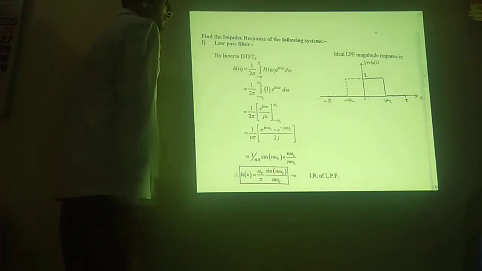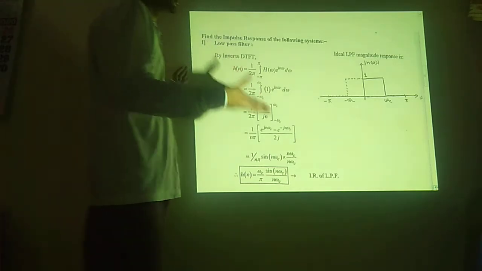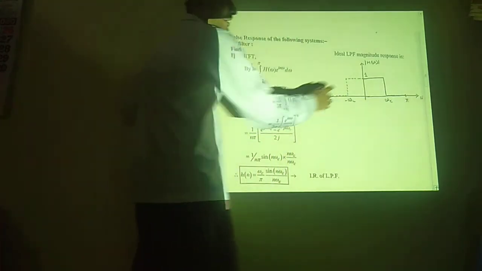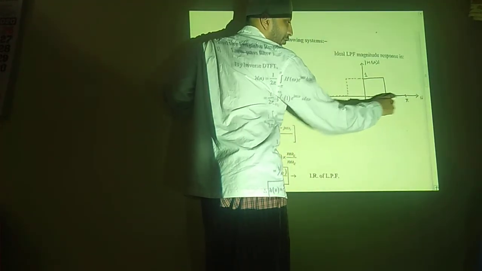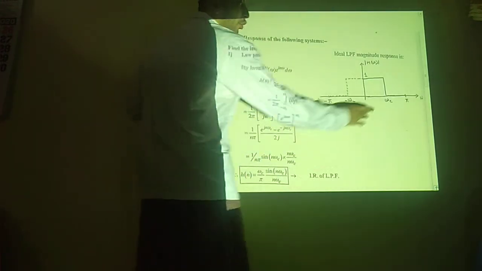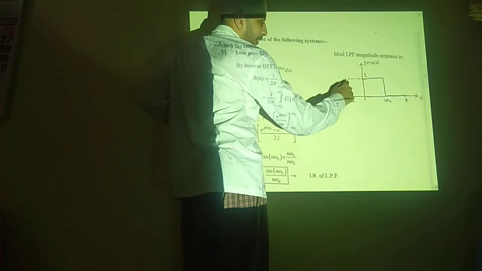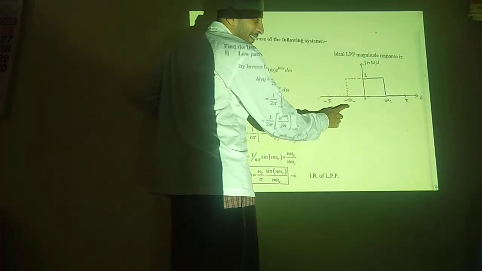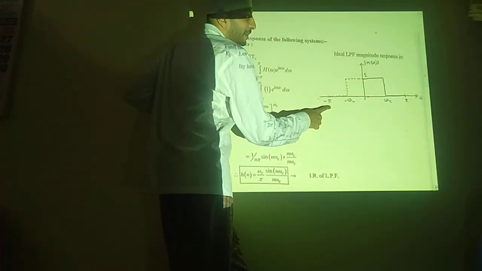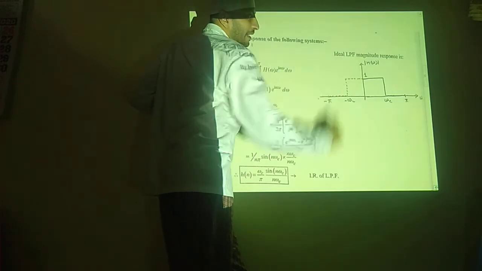The system is a low pass filter. So let us draw the diagram for the low pass filter. We know the ideal response of a low pass filter. It is allowing only the low frequency to pass, in the range of minus omega c to omega c. I can also replicate the same with the help of dotted lines, and consider that minus omega c is over here and we have minus pi over here. So this is nothing but an ideal low pass filter magnitude response.